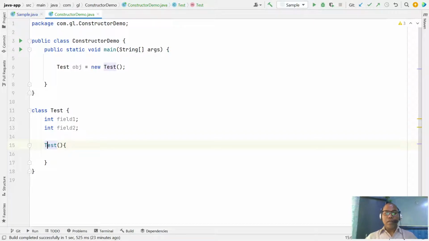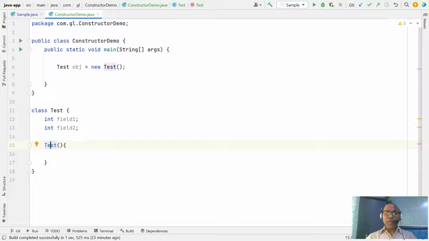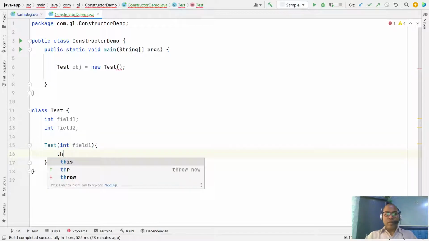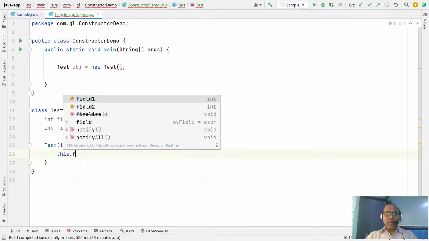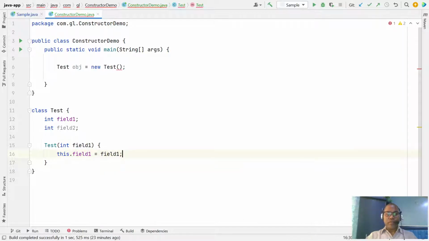But a constructor is a special method. Here, let's say I receive a field 1 value, and here we say this.field1 = field1.